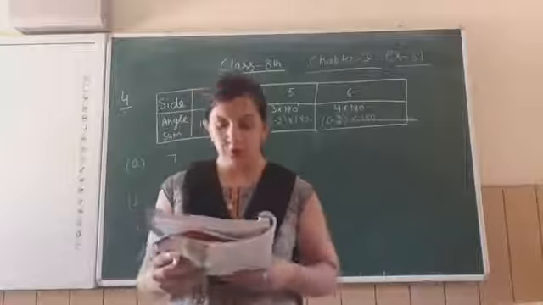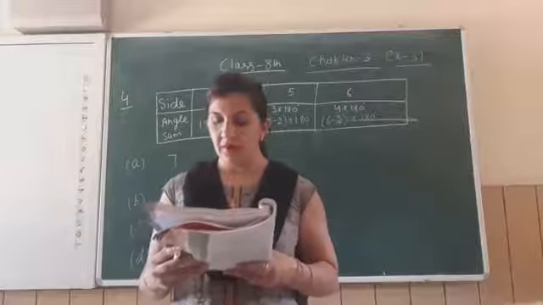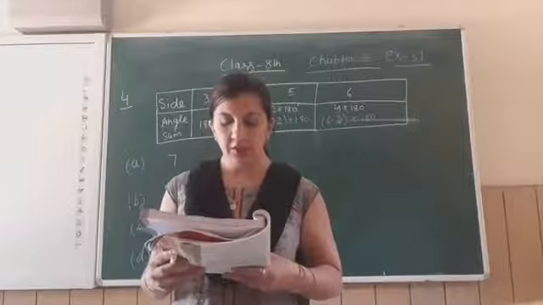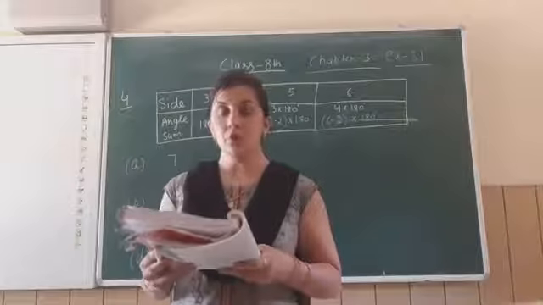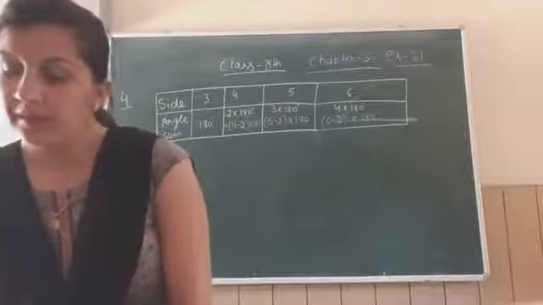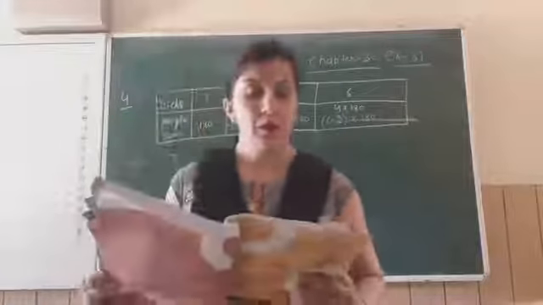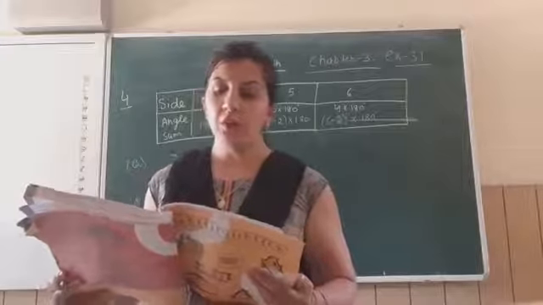Let us come to the 4th question. Examine the table. Each figure is divided into triangles and the sum of the angles deduced from that. They have shown the figure on page number 41. I have written side and angle sum. Next it says, what can you say about the angle sum of a convex polygon with number of sides?